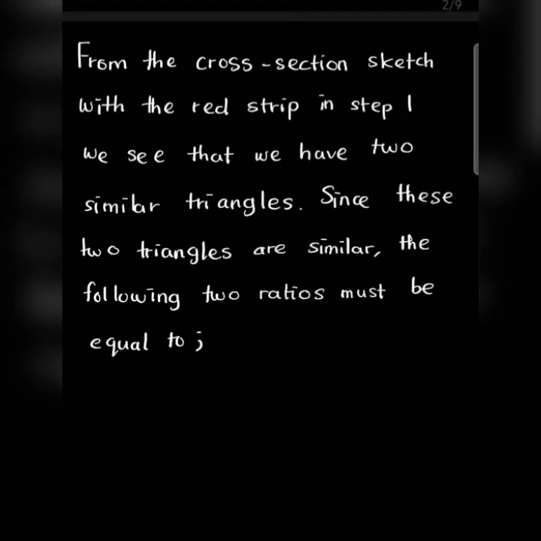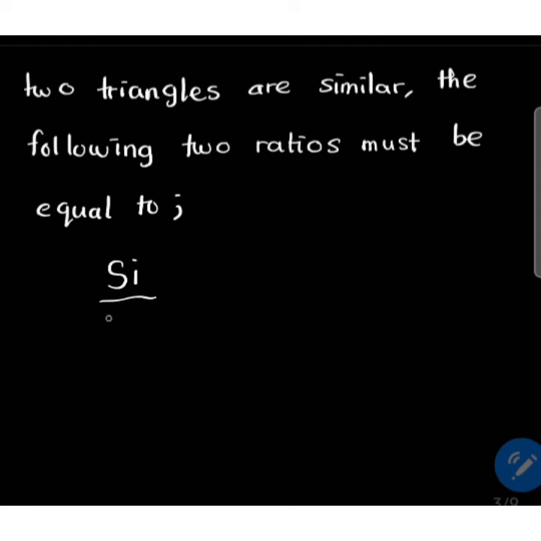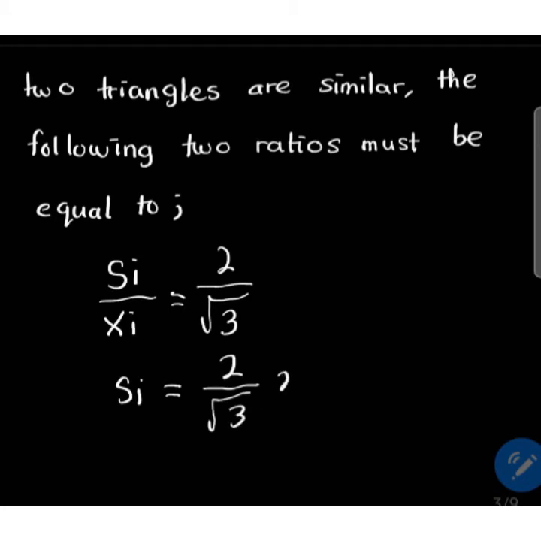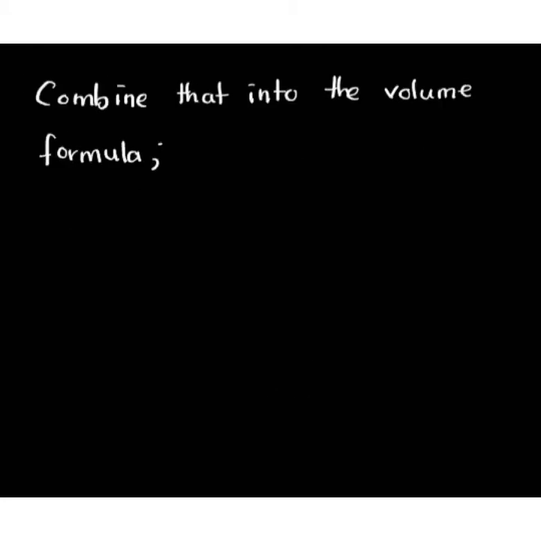From the cross-section sketch with the red strip in step 1, we see that we have two similar triangles. Since these two triangles are similar, the following two ratios must be equal. Combine that into the volume formula. We have